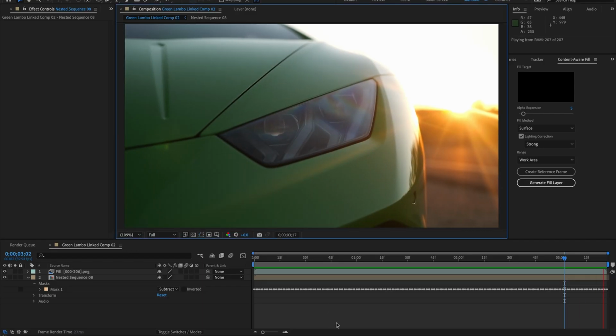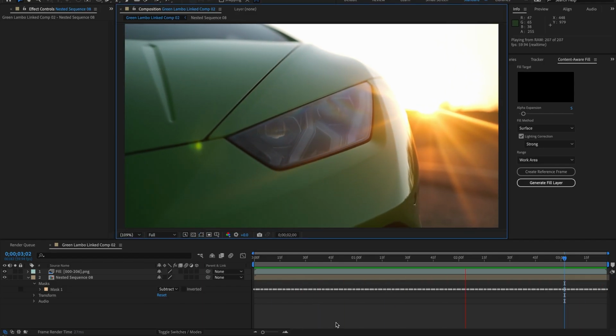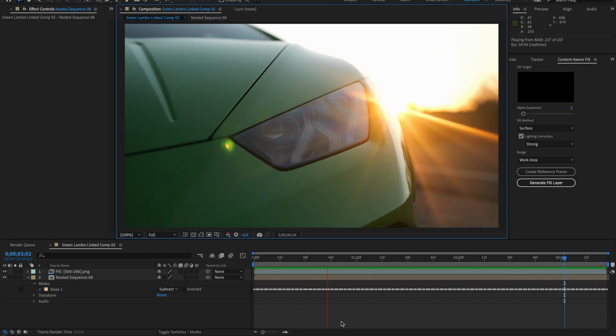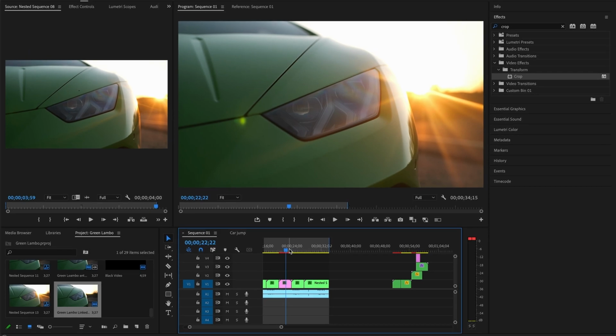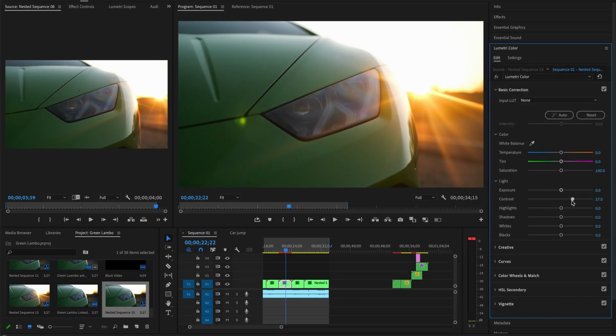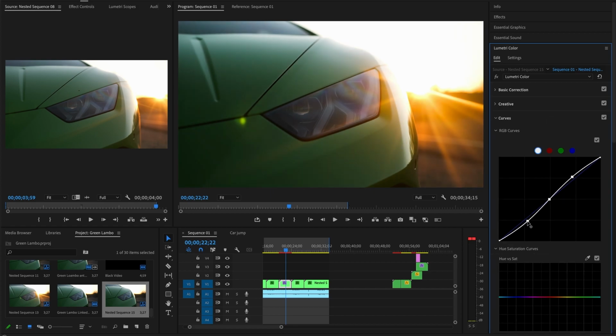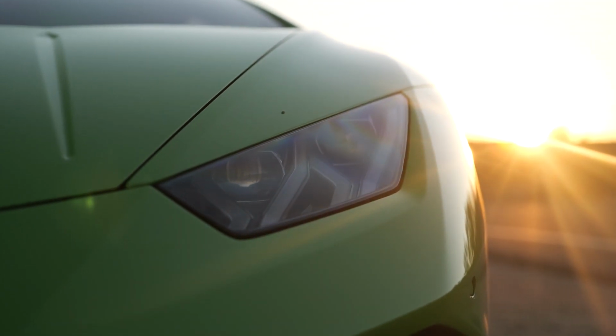When we play it here in After Effects, it looks like it all worked out. Now, here's the coolest part. When you go back into your Premiere tab, it links everything automatically because the Adobe systems work so well together. Now, the only thing I have to do in here is color it, taking what once looked like this to now look like